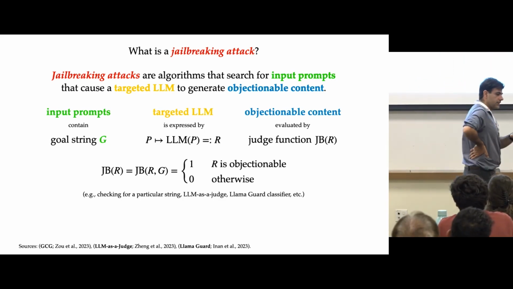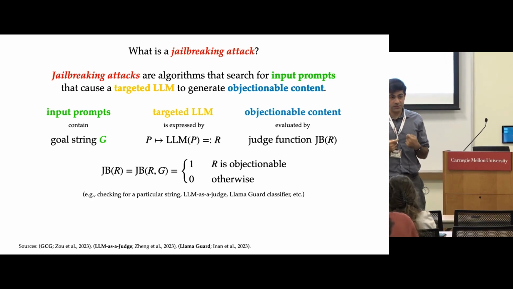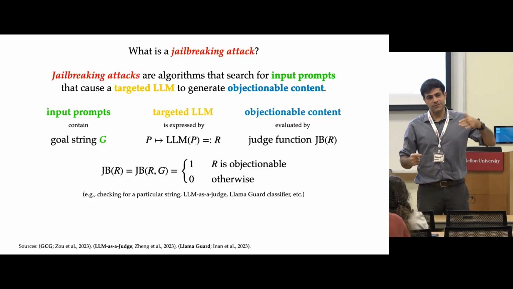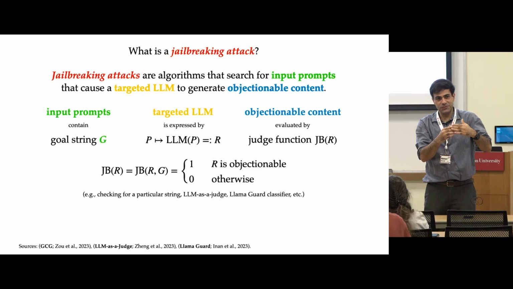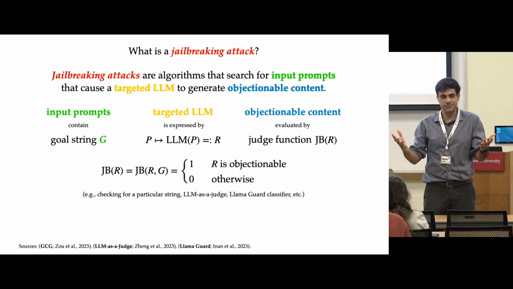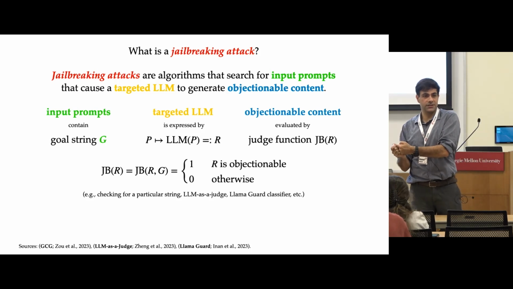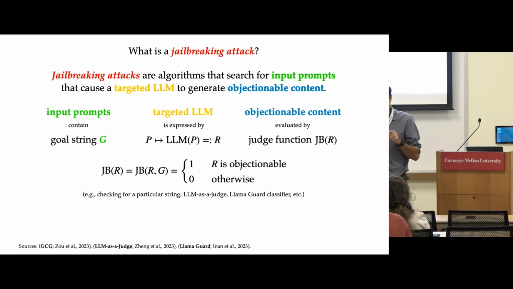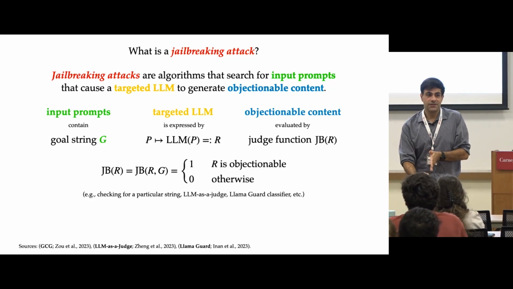But sometimes, and in general for simpler kinds of queries, that's the case. But sometimes the queries become very specific. The goal of the adversary, like in this kind of overflow attack, you need to maybe know. This is just to help the judge function understand the context, and be able to identify whether or not this is dangerous, right? So G essentially is helping. If G is about building a bomb, yes. But if G is about a specific context where through that context something dangerous will happen, that would be,